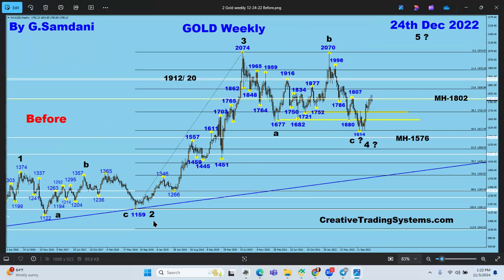This is wave 1, 2, wave 3, then A, B, C, wave 4, and then this wave 5, black count. This would be wave 5 of the big wave 5. This will end the up move or the bull trend eventually, right? So we were in this wave. So let's go take a look. I'm going to skip a lot of charts in between and take you to 2024 now.